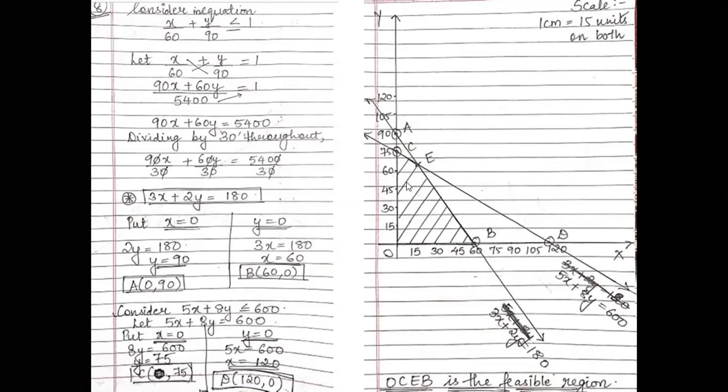That means your feasible area will be towards the origin like this. So basically the feasible region you can see as I've written OCEB is the feasible region. Now O, C and B are already solved. You don't have the coordinate of E. So as you know class, what to do? You will take these two equations and you will solve them simultaneously because there are only two equations in this sum.